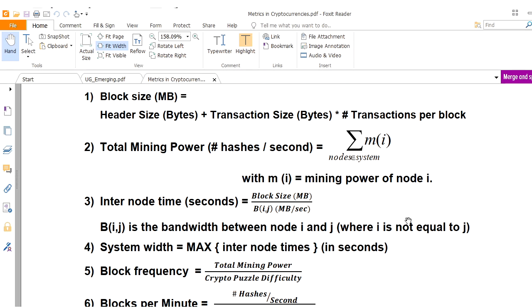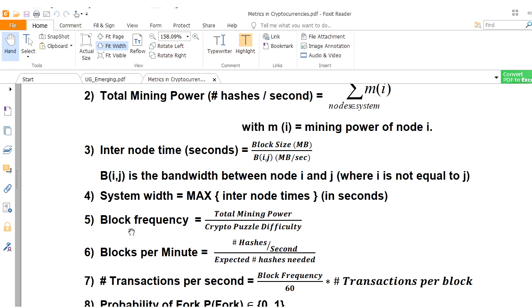So that means, to add the block to the blockchain, that particular system width will be maintained by the blockchain protocol, that is the Bitcoin protocol here. So in order to add to the blockchain and initiate the next operations, it will wait that much system width time. Then afterwards, it will go in the normal way. Whatever new blocks come, it will ignore. That is the reason sometimes you may get forks.